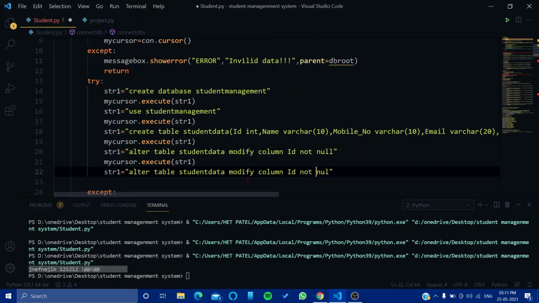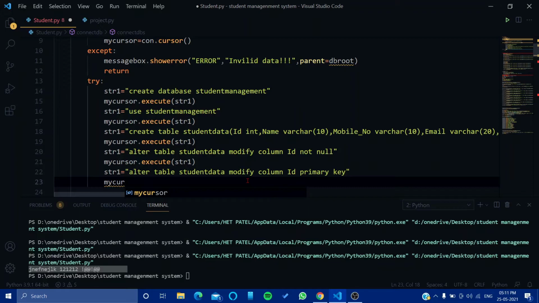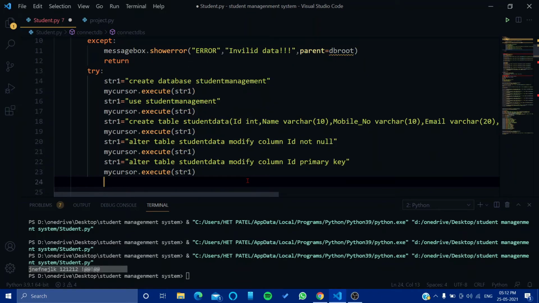So we'll say alter table student modify column id set null primary key. Okay, and then we will say my cursor dot execute str1. So now we have created totally everything.